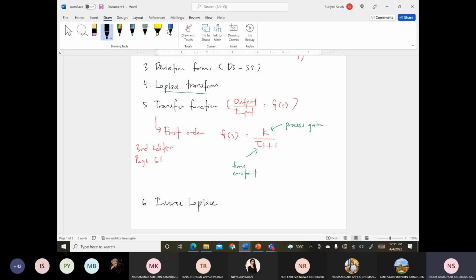Where we convert back the equation in the S function into the time function. So when we have the first order transfer function, then it's much easier for us to obtain the inverse Laplace in the form of time. Where if you get the first order K over tau S plus 1, when we assume the step input,